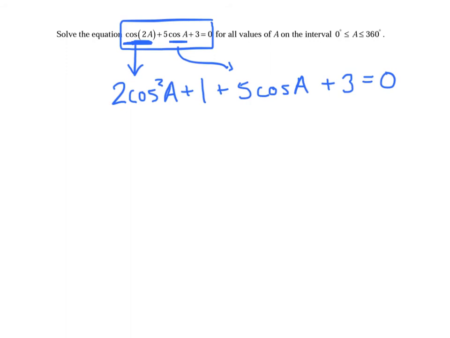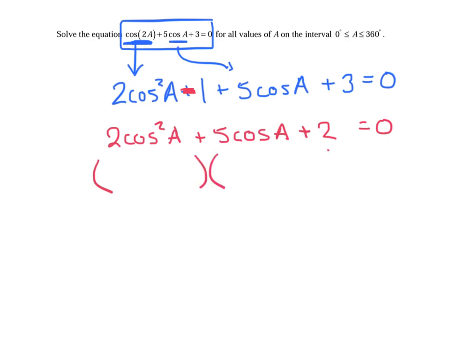Whoops, we just caught a little mistake. This needs to be a minus sign in the middle. 2 cosine squared of a minus 1. Again, straight off the reference sheet. Now we're going to clean this up, and we got 2 cosine squared of a plus 5 cosine of a plus 2 equals 0. We're just going to factor that really quick, and we're going to go 2 cosine of